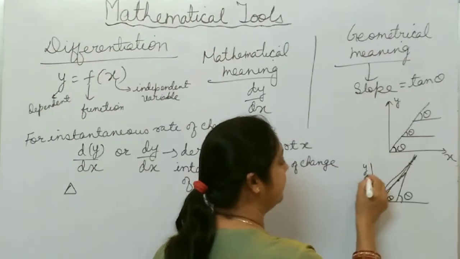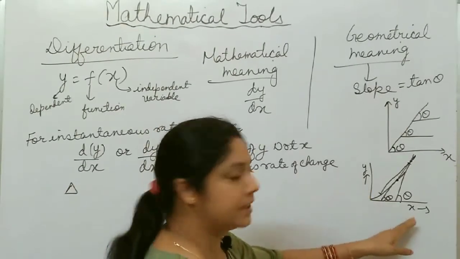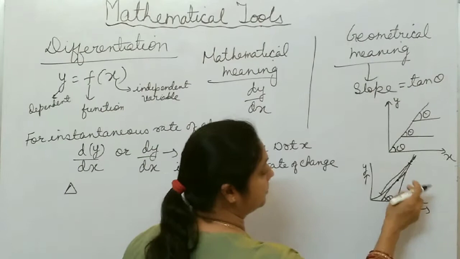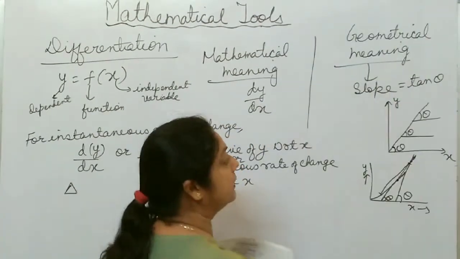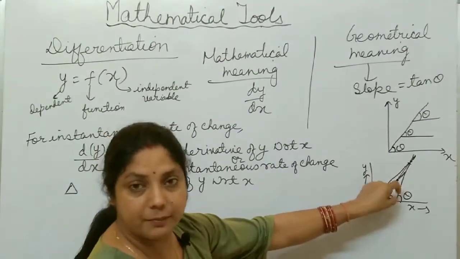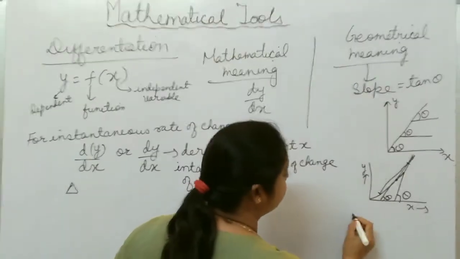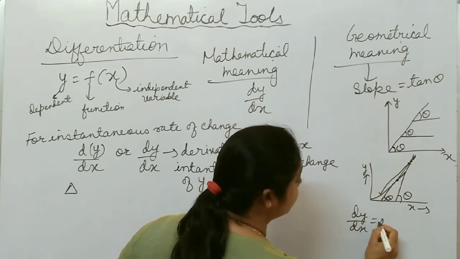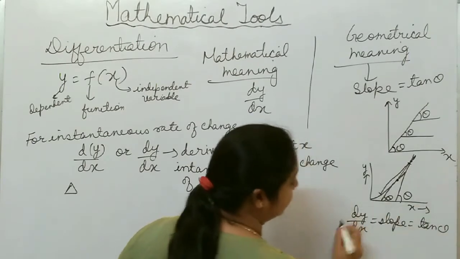Here suppose this is y and this side is x or t, any function you take. So y changes with x like this one. So this slope, or tan theta, is nothing but the instantaneous value at a particular point. It is differentiation. So in geometrical meaning, differentiation, or you can say dy by dx, is nothing but slope, or you can write tan theta. Okay,